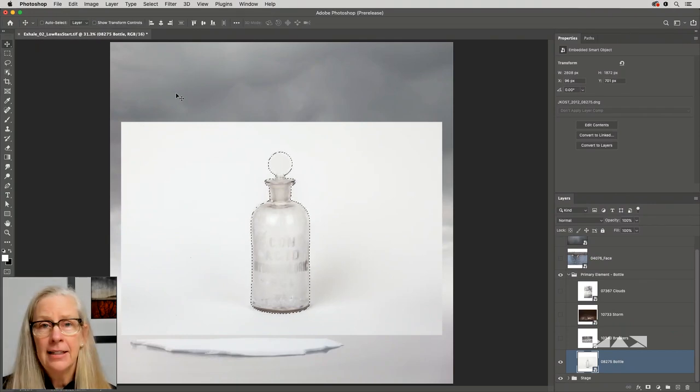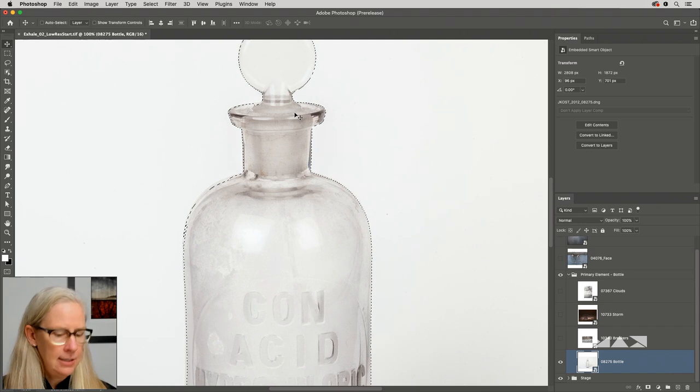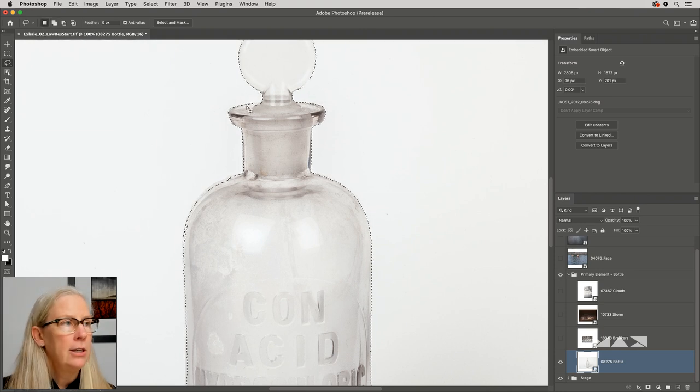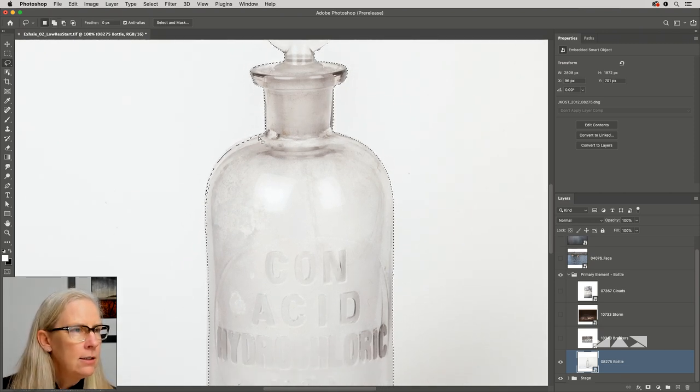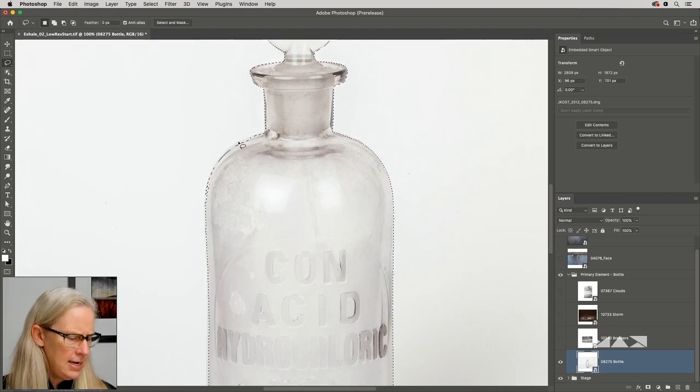Now, selecting glass is actually hard, especially when you shoot it against white, because there's the specular highlight around the rim. So I am going to zoom into 100% and just double check it. And sure enough, there's a little bit of an issue here. So I'm going to hold down my shift key. So I switched to the lasso tool by tapping the L key, and I'm just going to add this area right here. And then it actually didn't include this area over here, which I like. So, well, I like that it didn't include it. So I'm actually going to subtract this as well.